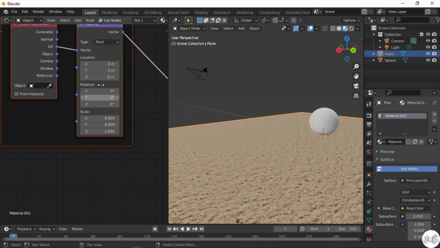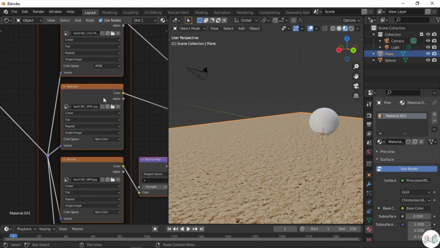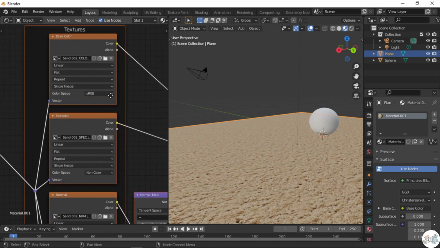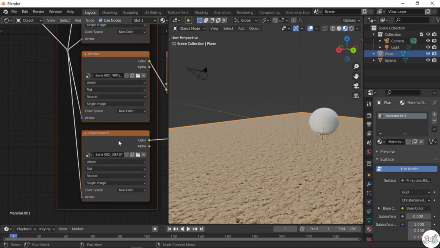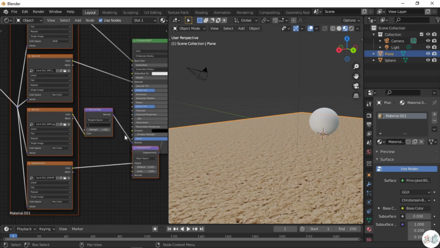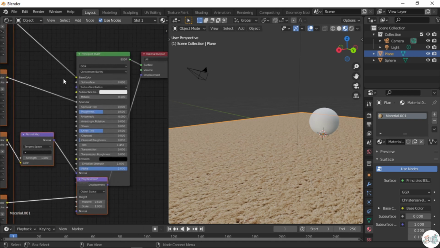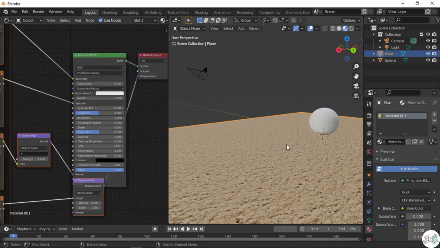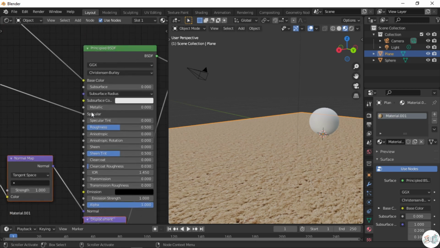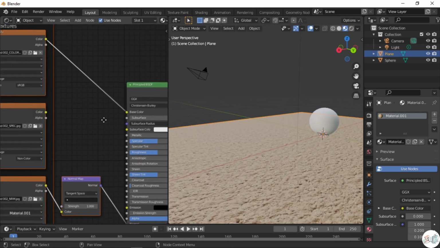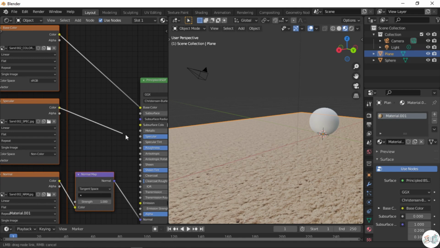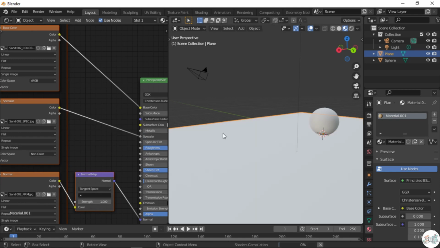You might ask why we have all these things, like base color, specular, normal, displacement, a normal map, displacement map, everything. So what these do is change the properties of this particular plane. For example, if I remove this specularity chart, it's going to remove the property, and if I add this specularity, it's going to add its property based on the texture.